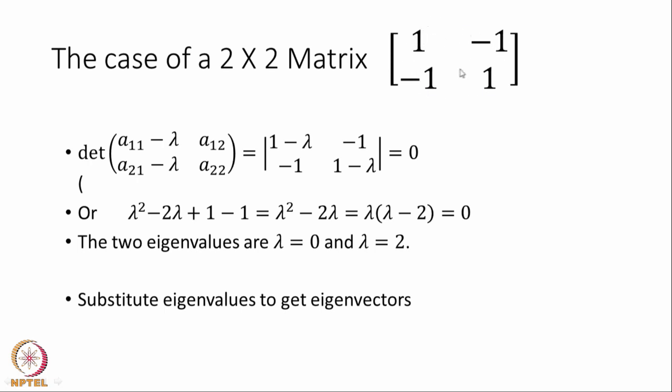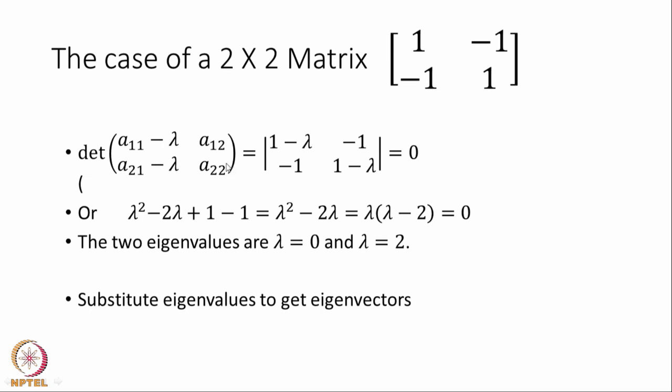Now I want to find the eigenvalues of that. What did we conclude from the previous slide? That the determinant of A minus lambda I should be 0. So, what is A minus lambda I? From this particular matrix, I have to subtract lambda from all the diagonal values. Here there is an error: it should not be A11 minus lambda, A12, A21, A22 minus lambda. This lambda is in the wrong place. Please make sure that this minus lambda comes in the second term here.